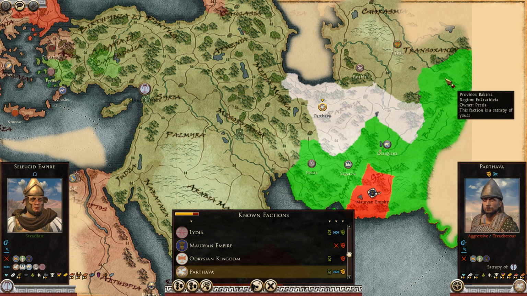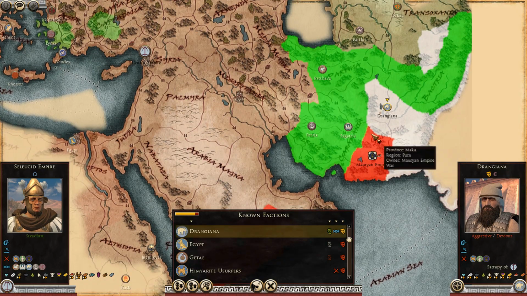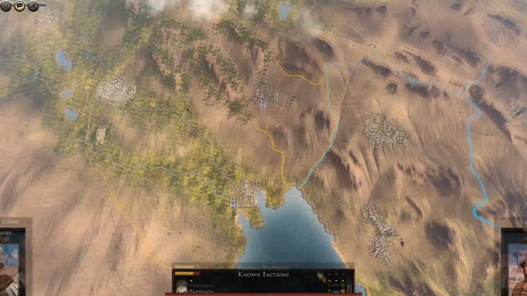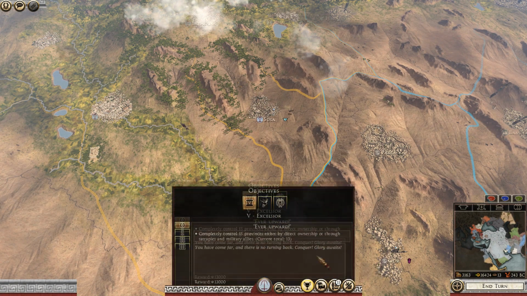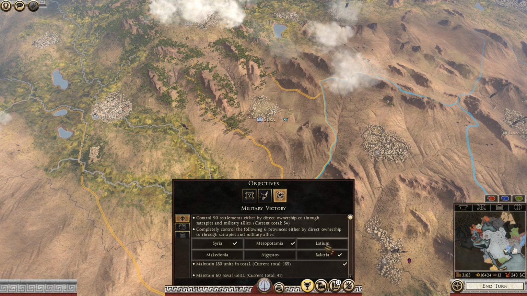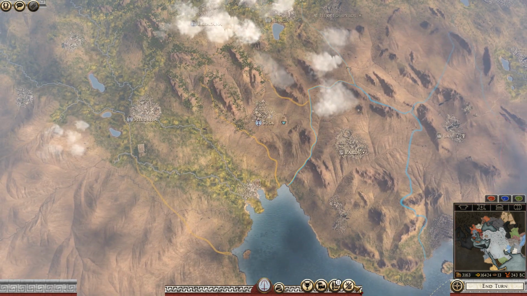How did that happen? Who owns Bactria then? Does that mean I've actually got a victory condition? Yeah, I do. I gained that purely by accident, so my satrapies have given me the...